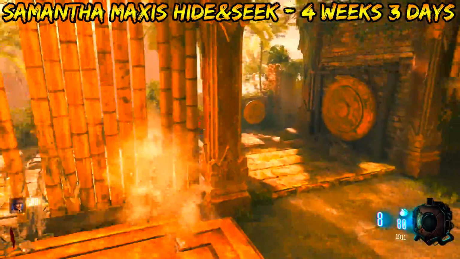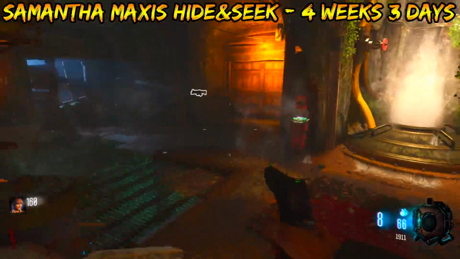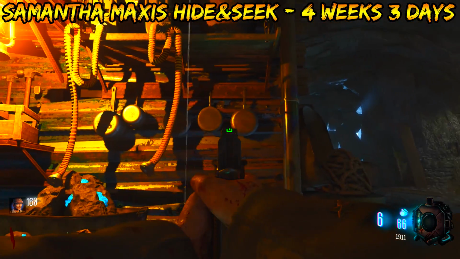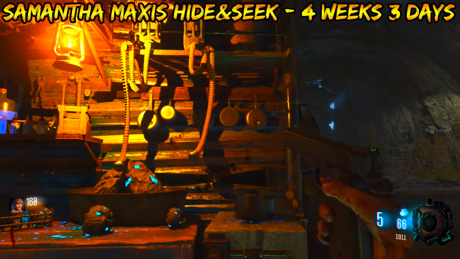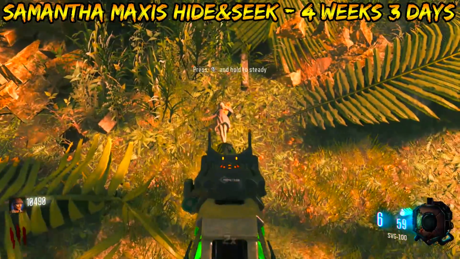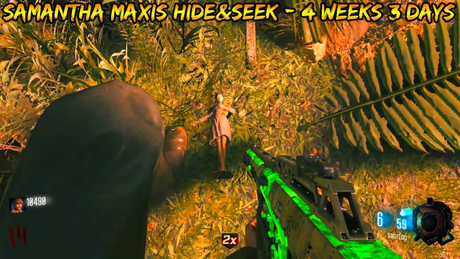And as soon as you do that, you can then make your way down into this pots and pans room, where you're going to be shooting the first pot twice and the last pot once. That is 1-1-5, and then you can make your way up to the Samantha Maxis doll over near the minecart shaft. Once you interact with her, you'll then start the hide and seek Easter egg, which means you need to